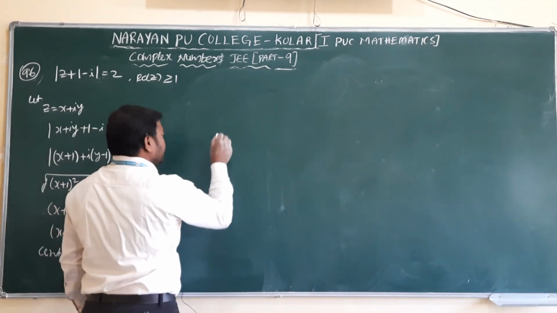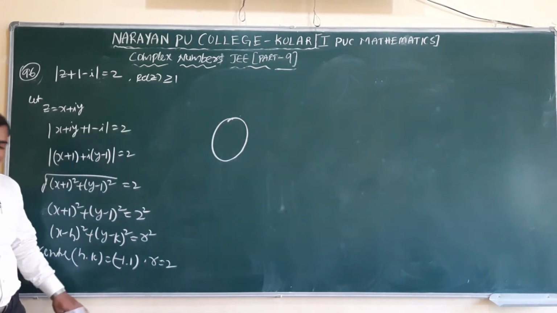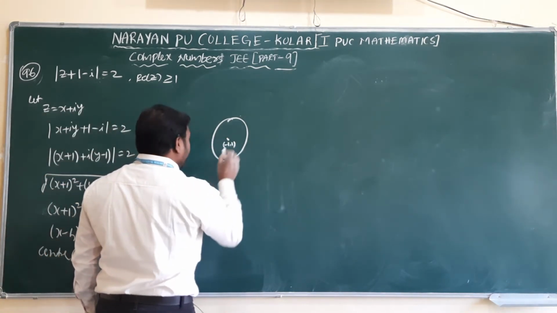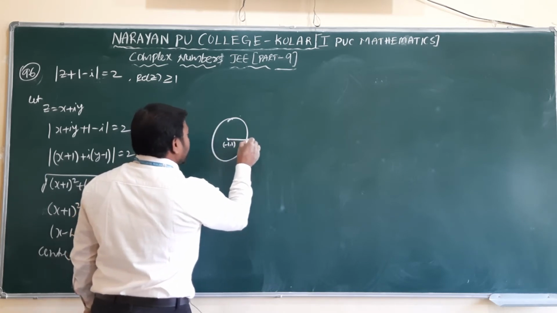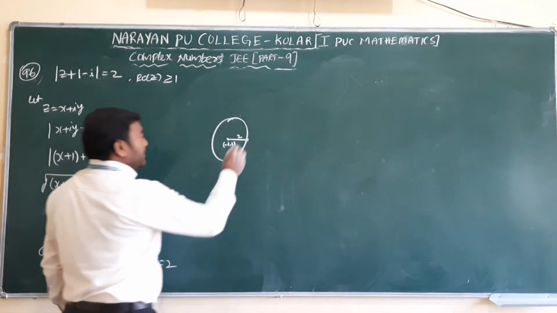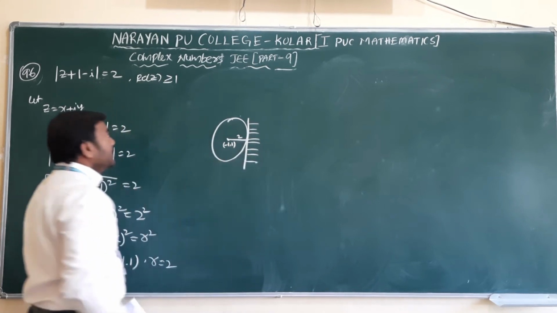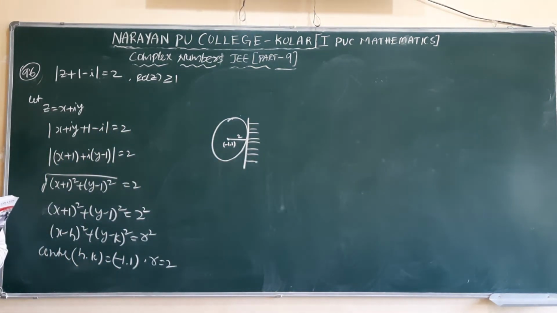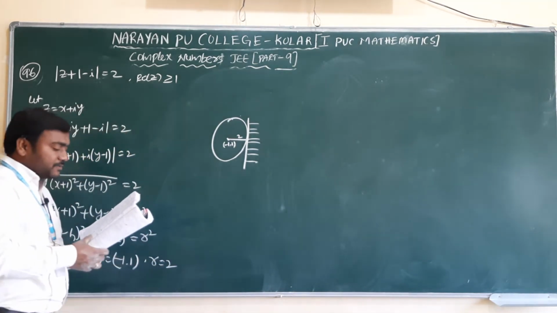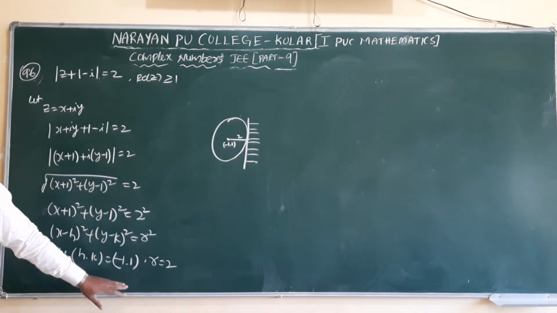To plot the circle here: the circle has center (−1, 1) and radius 2, but the real part is also greater than or equal to 1. So this point we have taken as greater than or equal to 1, because it is given that the real part is always greater than or equal to 1. Here we are getting exactly one solution, because